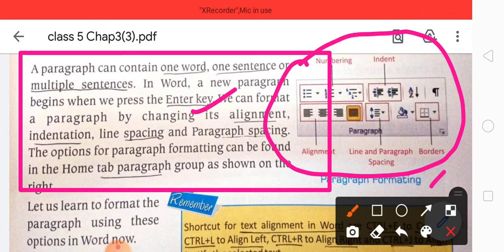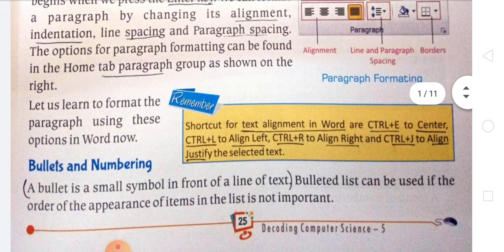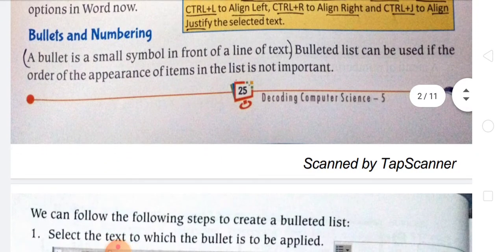In that part we learn how to align, how to add numbering or bullets to the text you select, then how to put indent, then how to give line and paragraph spacing, then how to draw borders.